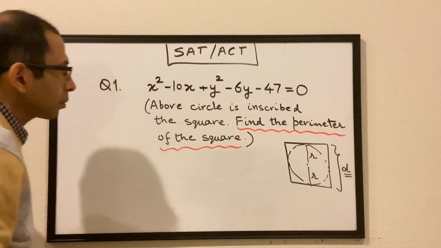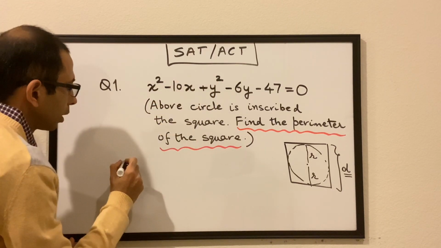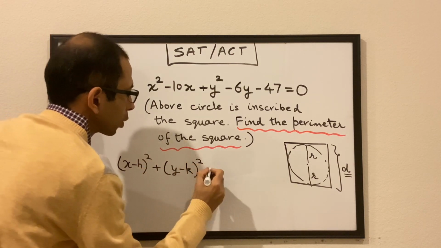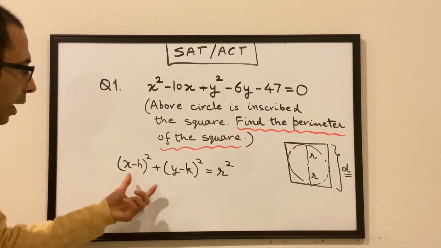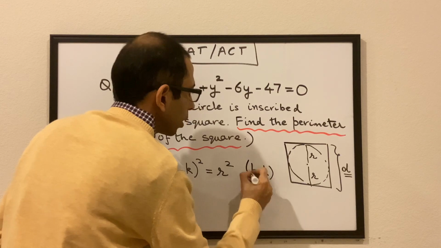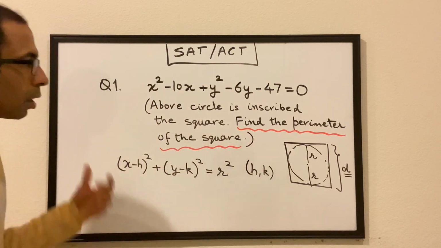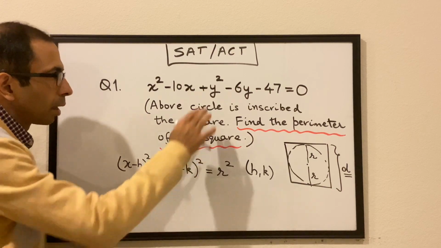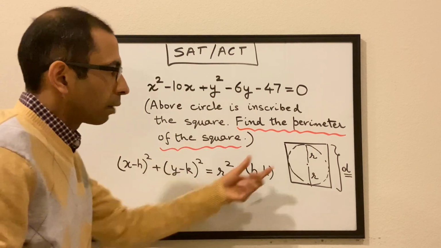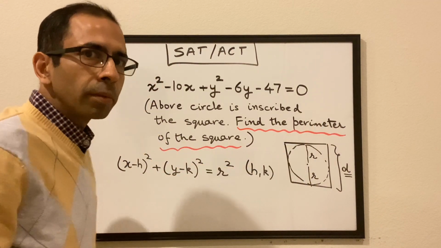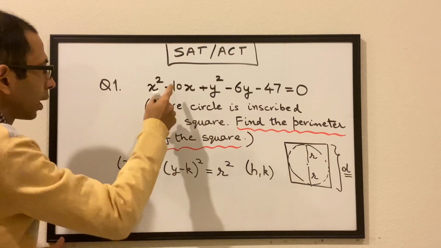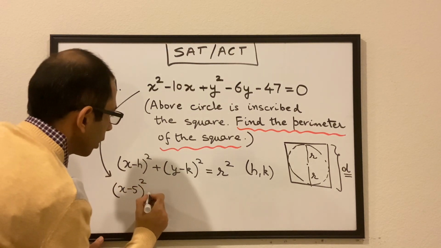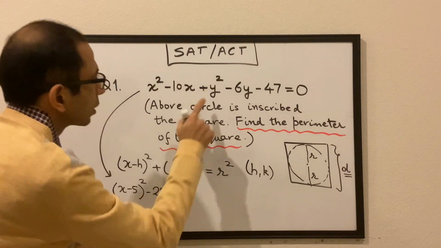We know that the standard form of a circle is (x minus h) whole square plus (y minus k) whole square is equal to r square, where h comma k is the center of the circle and r is the radius. So in this question, as we just discussed, we are interested in r. So essentially we will transform this equation into this form, and by doing that we will get the value of r. Once we know r, we will know the diameter, and then we can find the perimeter of the square. So let's complete the squares here, and it becomes (x minus 5) whole square minus 25 plus (y minus